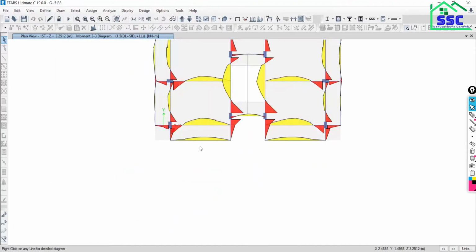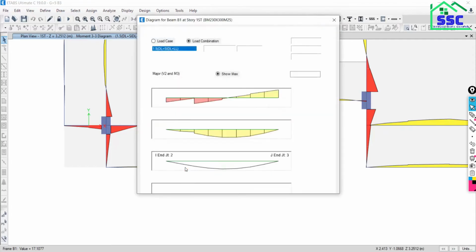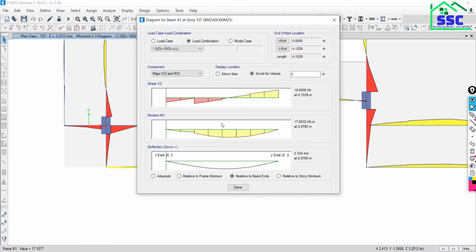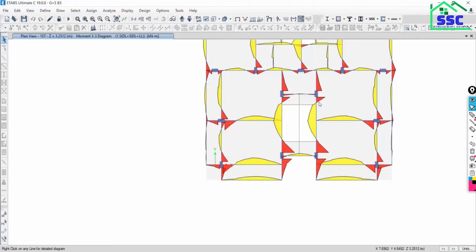As we have successfully and perfectly assigned the releases to all the secondary beams, as it is a secondary beam, just right click over this. Make sure that at the end there should not be moment. So it is 0, 0, okay, because we have assigned the release. On the right side is 0, and we will have the maximum moment at the mid of the span, in between the mid of span. Yeah, 17.81, some moment is there. Okay, so these are the bending moment diagram for all the beams.